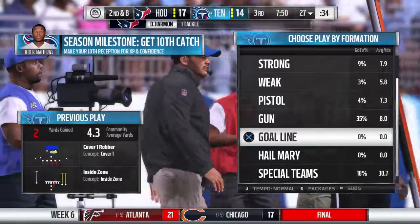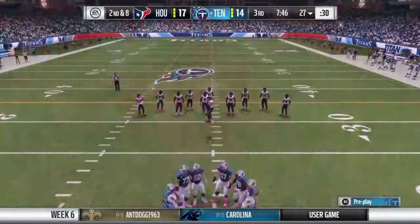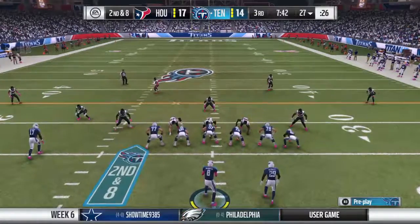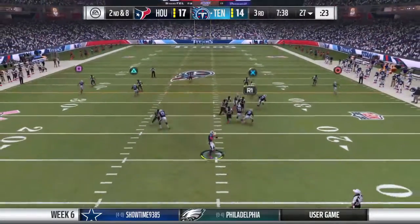Deron Harmon makes the tackle. That's a good play by the guys on the defensive side of the ball. Held them to a gain of 2. And that changes the playbook a little bit now for the guy calling plays. 2nd and 8. Now he's got to probably think about going to the air instead of maybe staying with the